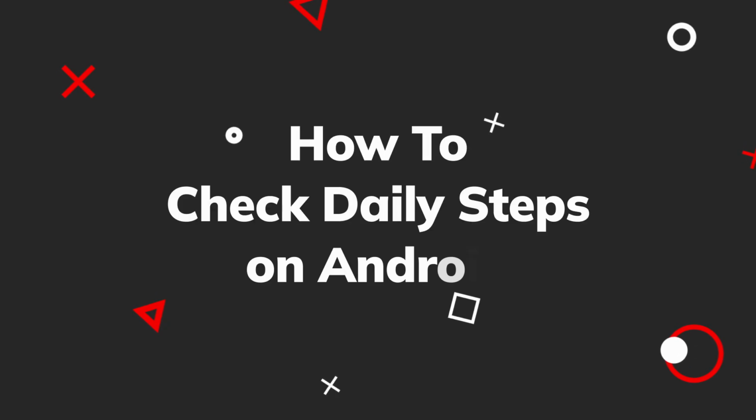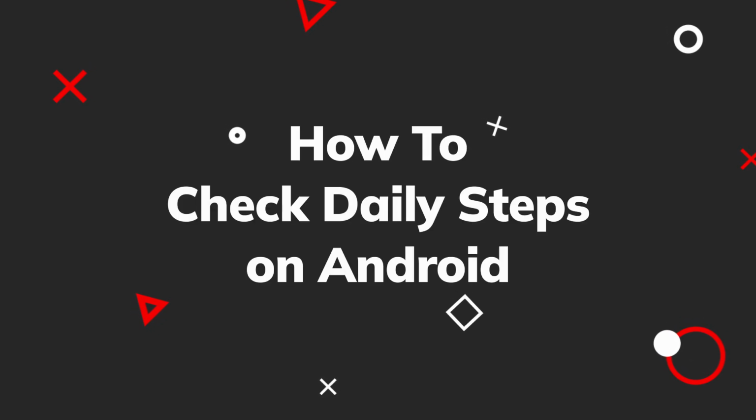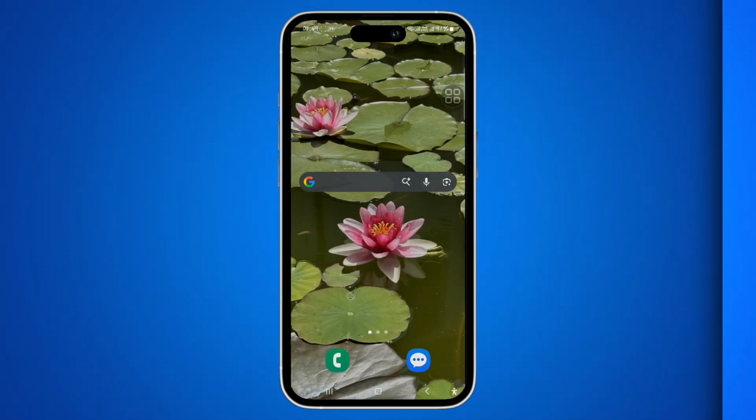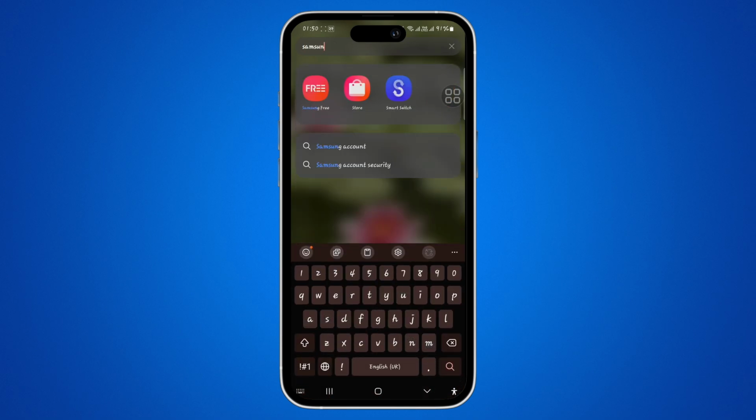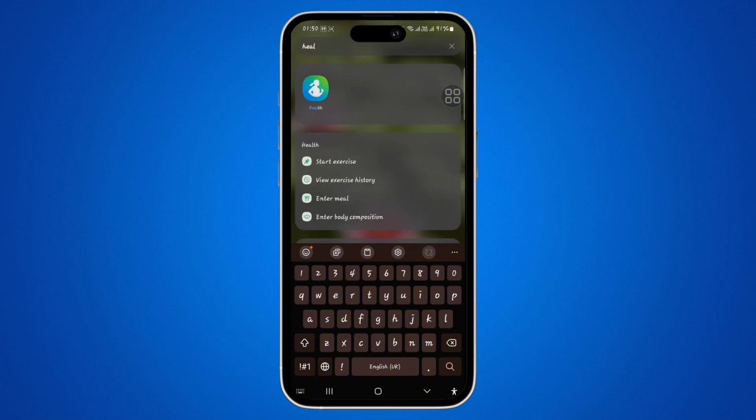Here is how to check your daily steps on your Android phone. The easiest way is to use a health app. On my Samsung phone, I use Samsung Health. So if I go and search for Samsung Health, this will appear in the search results and I can easily